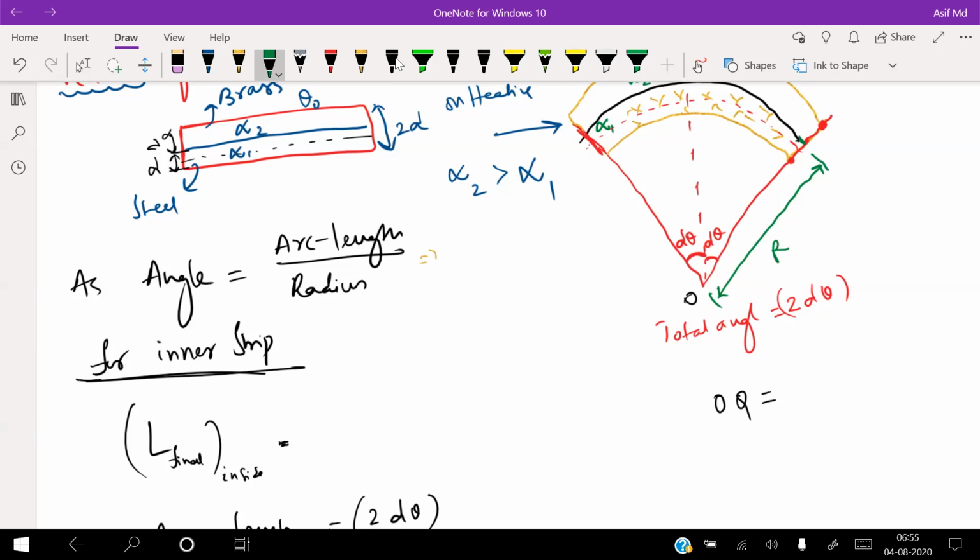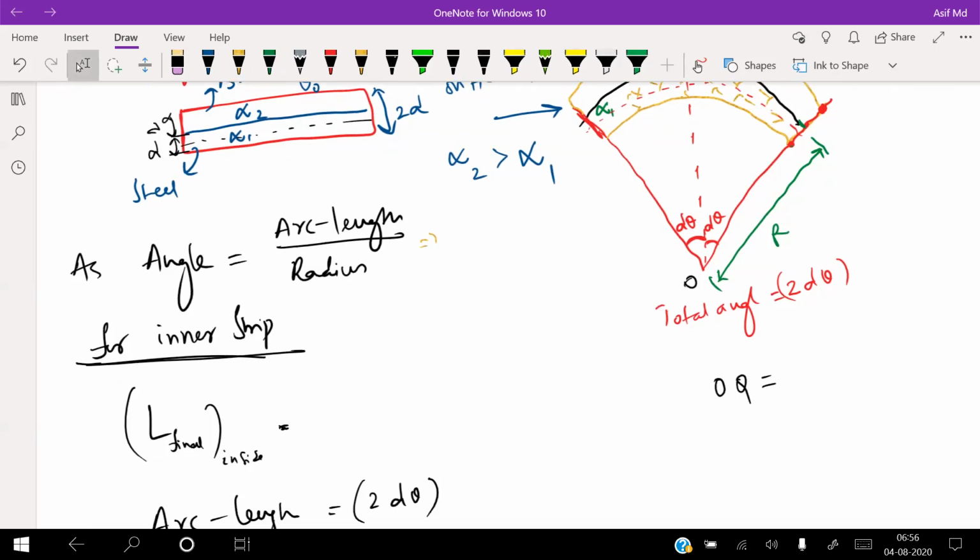That means if I'm trying to talk about the radius right now, from this point to this point, this radius will become for me R minus D. And that will be R plus D. Yes, sir. Isn't it? A radius part of relation. In terms of radius, if I'm trying to write the relation, it will be R and R plus D. That means average of inside and average of outside. Above will be plus D, and below it will become minus D. So this one is Q, this one is P, and this one is T.